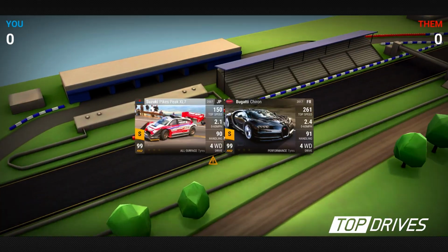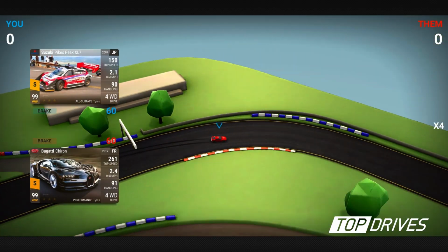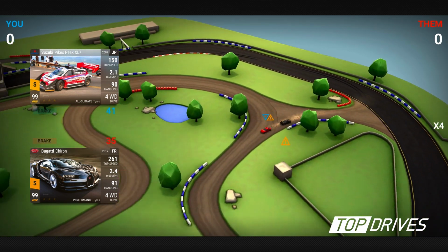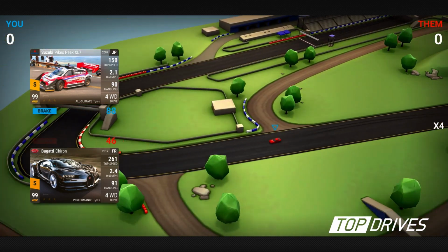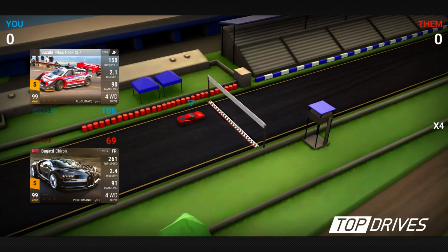And then finally, continuing the theme of fantasy challenges, this is a race that I would love to see happen in real life. I feel like Top Gear or The Grand Tour or Car Wow really should get hold of an XL7, get hold of a Chiron, find a rallycross circuit, and see what happens. As we watch it out, the Chiron's actually fractionally ahead going into the first section of off road. And then the result is pretty obvious,